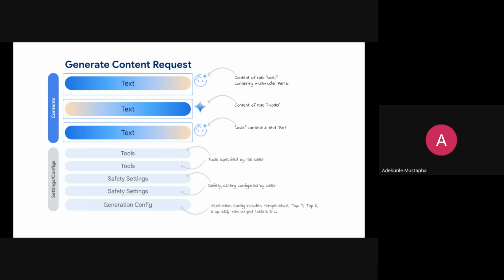Some of them, a user can specify, maybe the temperature of the model, which determines how much variation the model can give in its responses. The lower the temperature, the more stable it is. When you make the temperature too high, it gives more diverse responses.